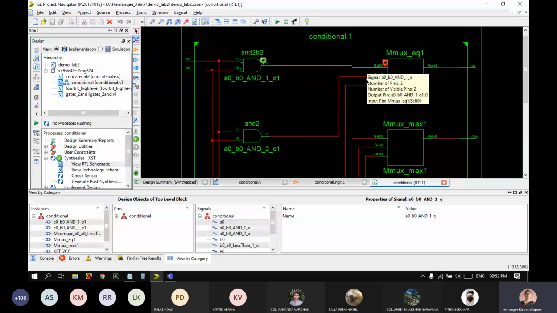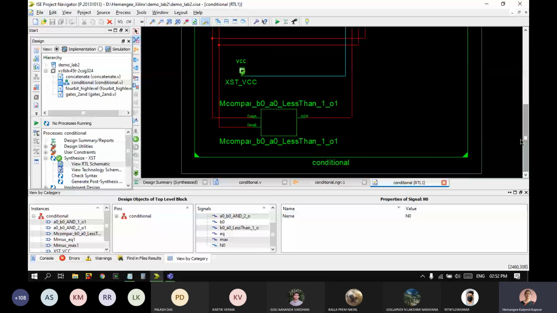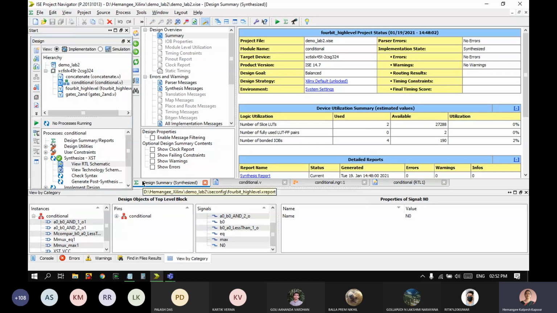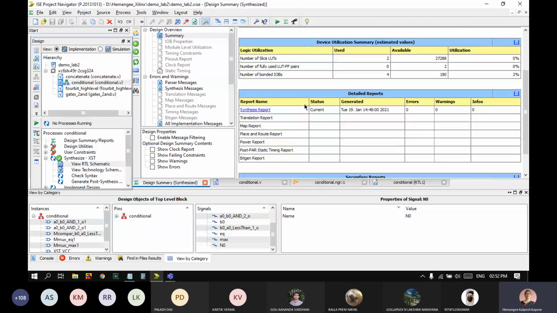So have a practice of seeing this. You can also look at where my mouse pointer is. This is the design summary here. It is always in the leftmost window or tab of this box. This design summary tells about the type of design which is synthesized. This window comes with many links. The overall design summary gives how many lookup tables are used and how many IOs and so on. More details about the target device and so on are at the top.